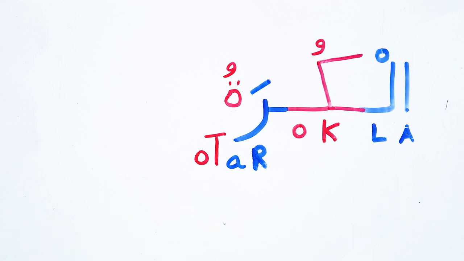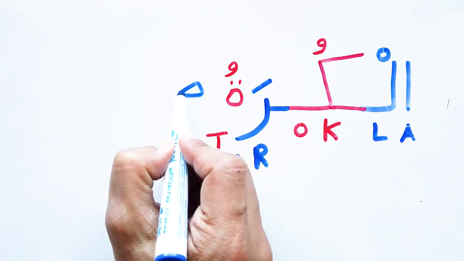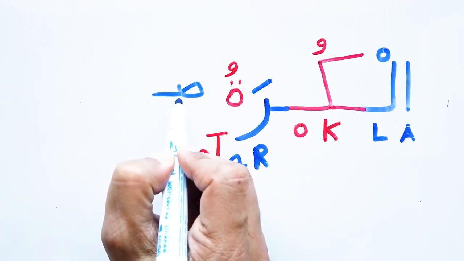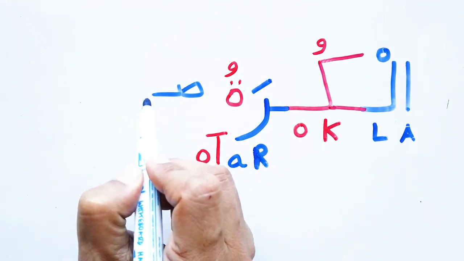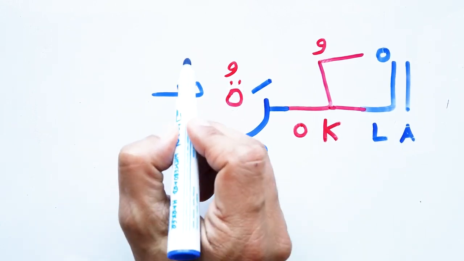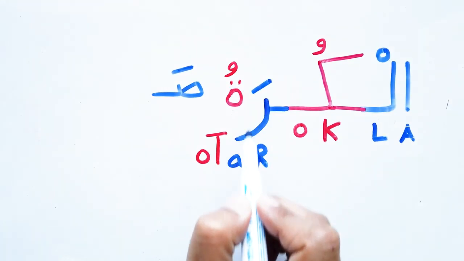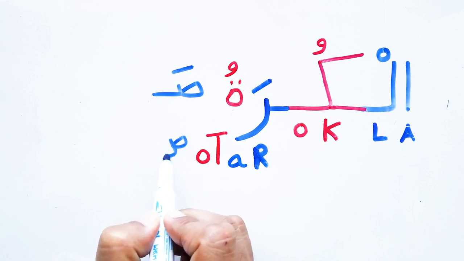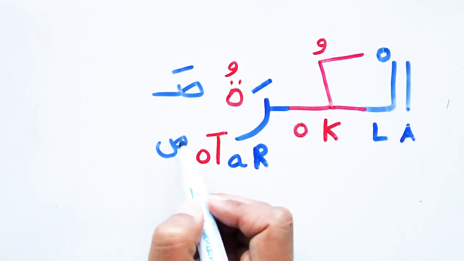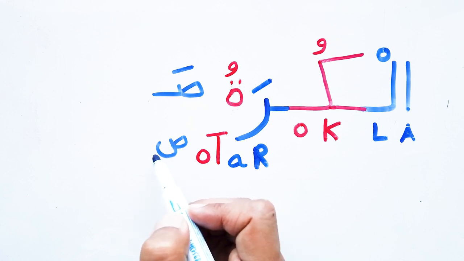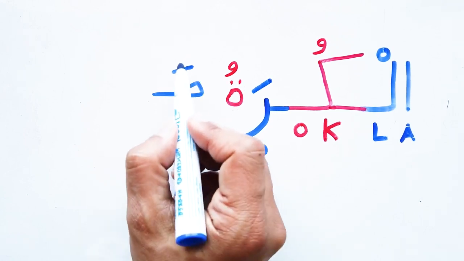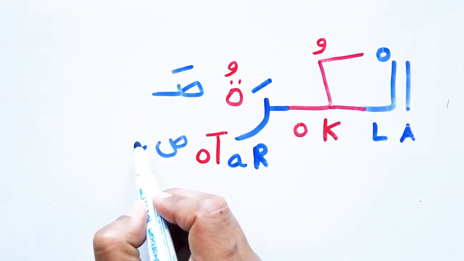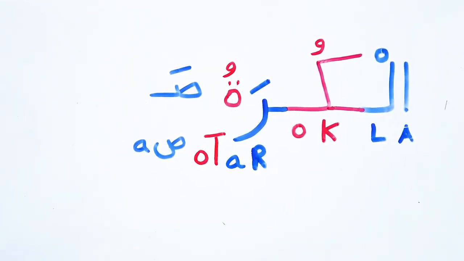صغيرة. Let's see. Sa. We have the sound of strong S. The sound of this letter does not exist in English. I say so. It's not se. It is so. And I say what? So. So I have the sound of fatha, the sound of A, like here. So I'm gonna write it like sad as it is. This is sad out of the word because we don't have this letter in English. We don't have this sound. I will write it like this, and then I will add the sound of A after it. So I say saw.